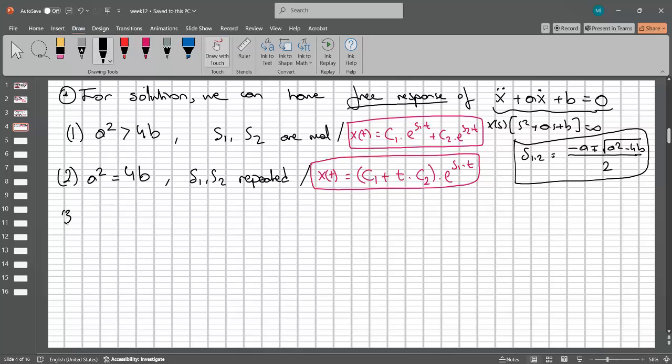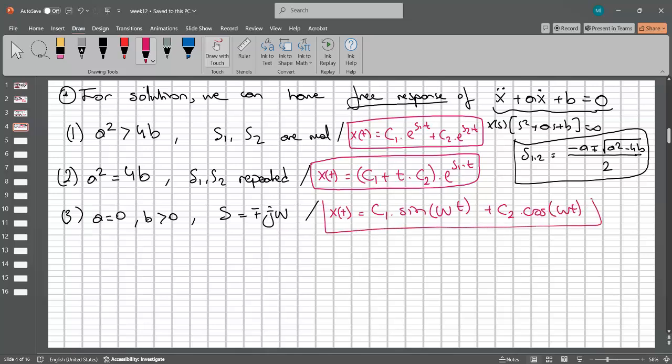And so what if A is equal to 0 and B is greater than 0? Just look at this formula. And so, yes, S is equal to plus minus jW, right? And so, what does our solution look like? X(t), yes, thank you. We sin(Wt)... şeyi durduramıyoruz bugün. ...cos(Wt). And so,